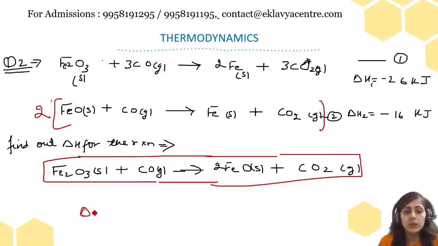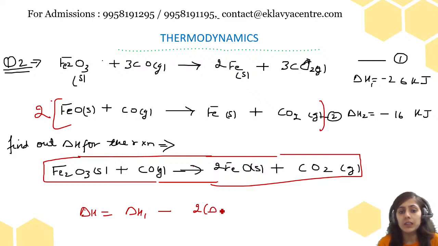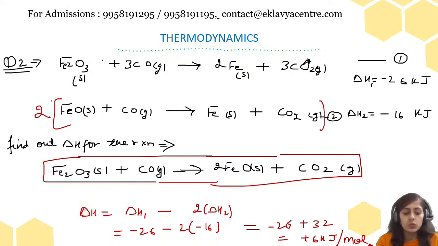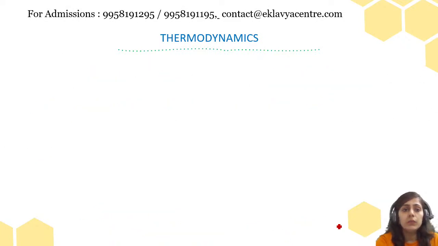So delta H will be delta H1 minus twice of delta H2. So delta H1 is minus 26 and minus 2 into minus 16. So it will be minus 26 plus 32. On solving, you will get plus 6 kilojoule per mole. Yes, this is the answer. 6 kilojoule per mole. This is how we do questions related to Hess law. Okay, I'm giving you a question,